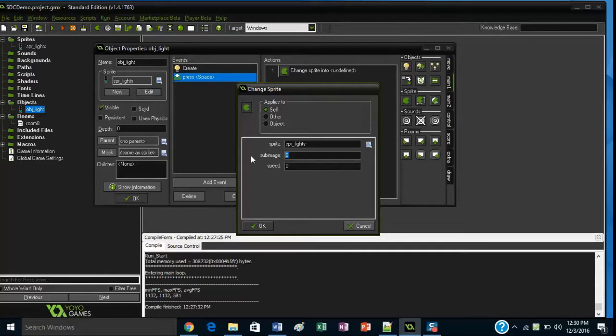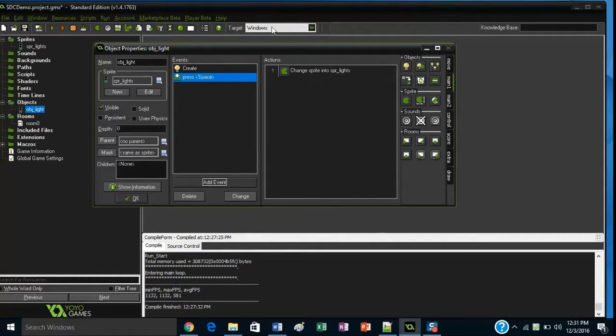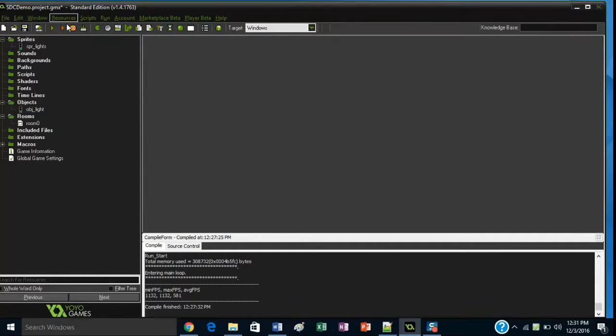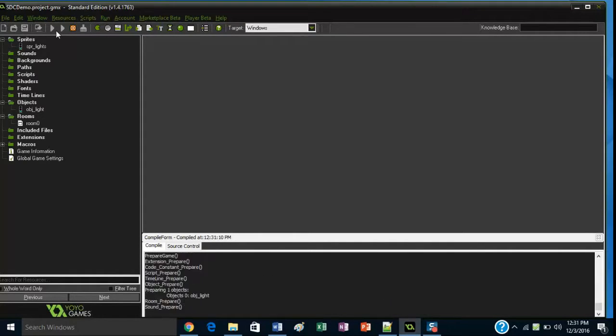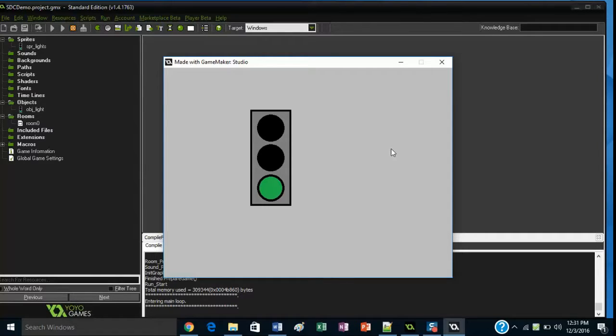Now for the sub image, what we want to do is go to the next frame, and there's another built-in variable for that called image index. So we could say image index plus plus. So go to the next frame, the next image index. And now you may be thinking, what happens if the image index is bigger or equal to the number of images I actually have? GameMaker is smart, and it will set it back to 0. It will not run past the end of the array of images that it's got. So let's just see if that works. Now when I hit the space bar,